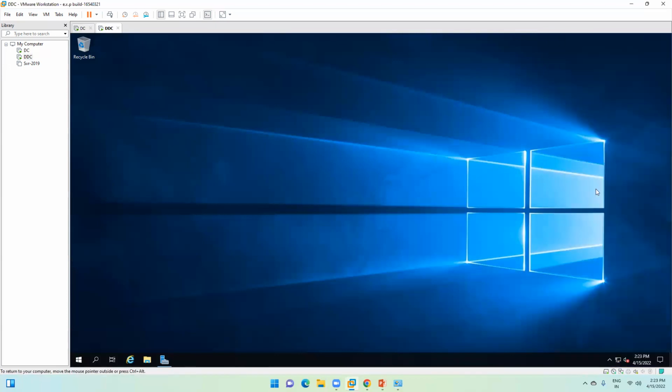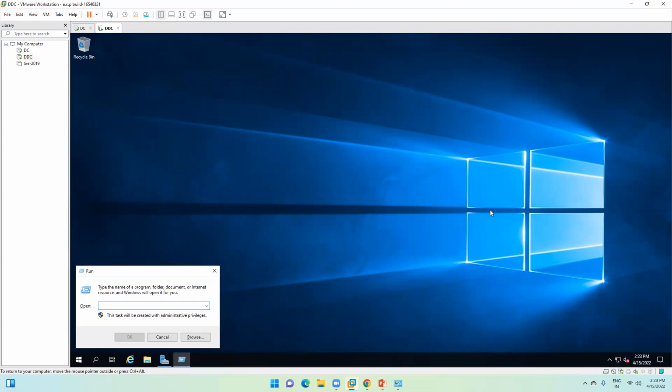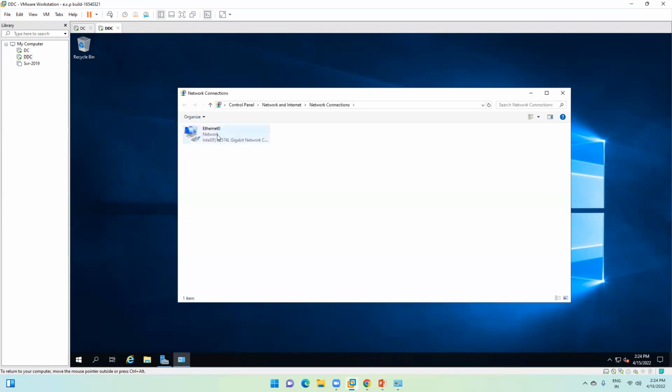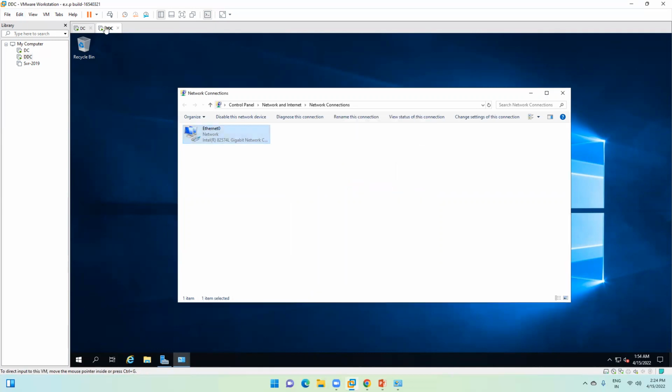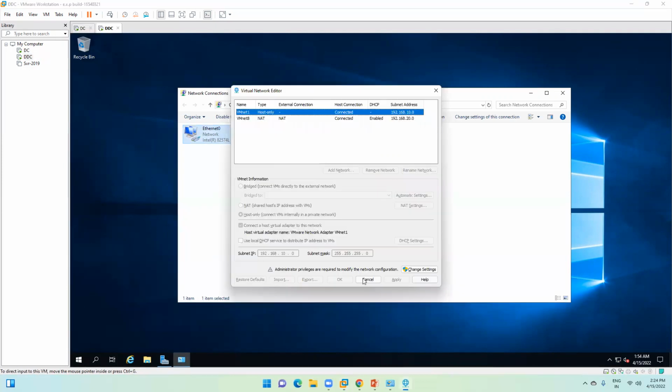And it will automatically get the license from Microsoft for 180 days. So now if I change the network settings to host only, you will be able to see it getting an IP address from the DHCP scope of VMware Workstation, which is 20.129. So let me show you here. As you can see, if I click here,